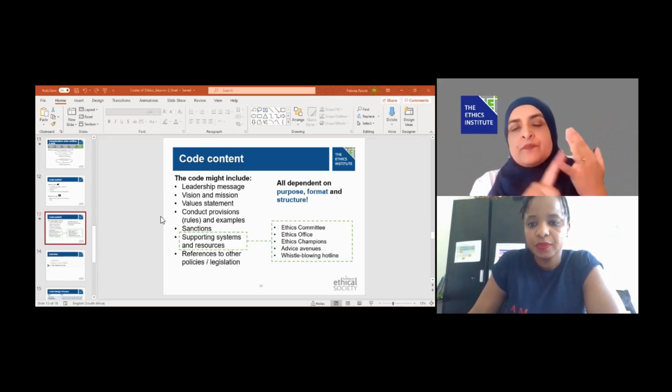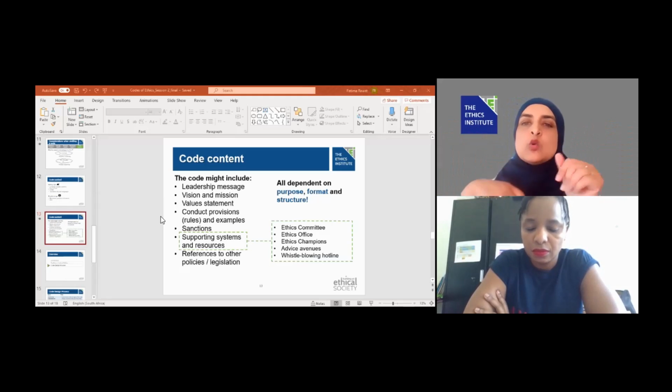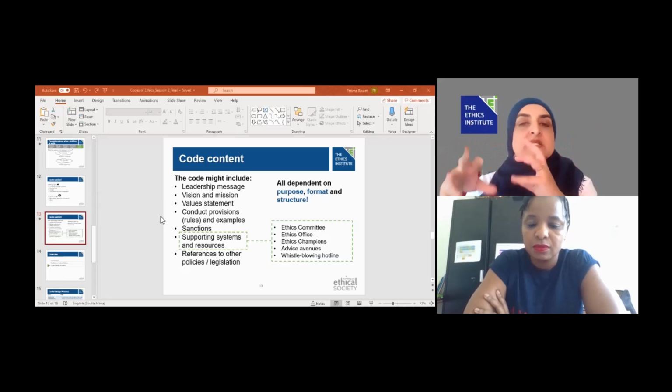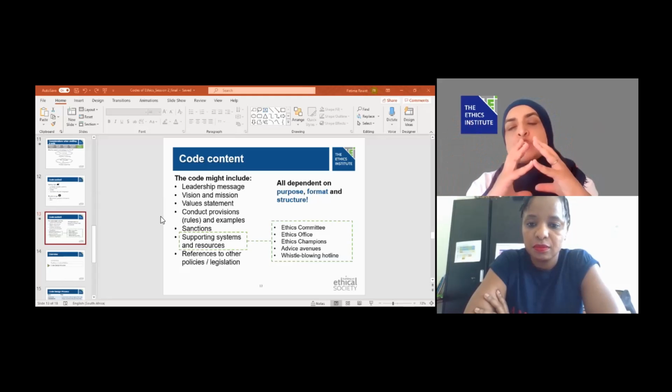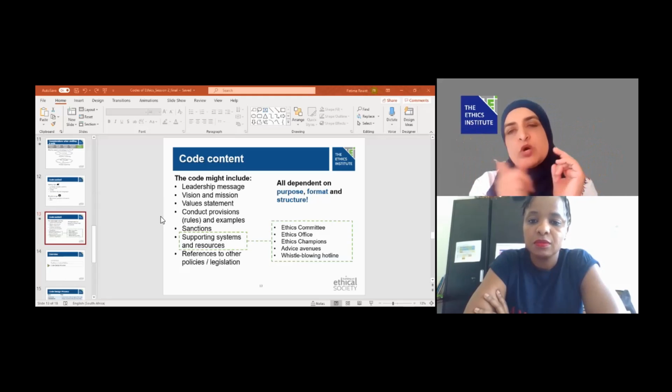So your conflicts of interest, your gift policy, your extra remunerative work, your code of conduct, contain the detail around what is expected, and you would not have that set out in your code of ethics, because your code of ethics is meant to be exactly that, short and sharp and recallable, which is why, as you noticed in the ethics management framework, it refers to code and policies, because it encourages a link between the code and the accompanying policies.